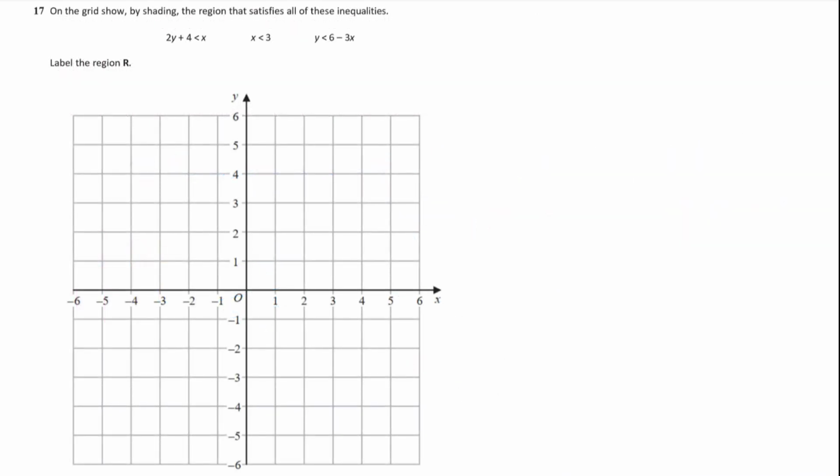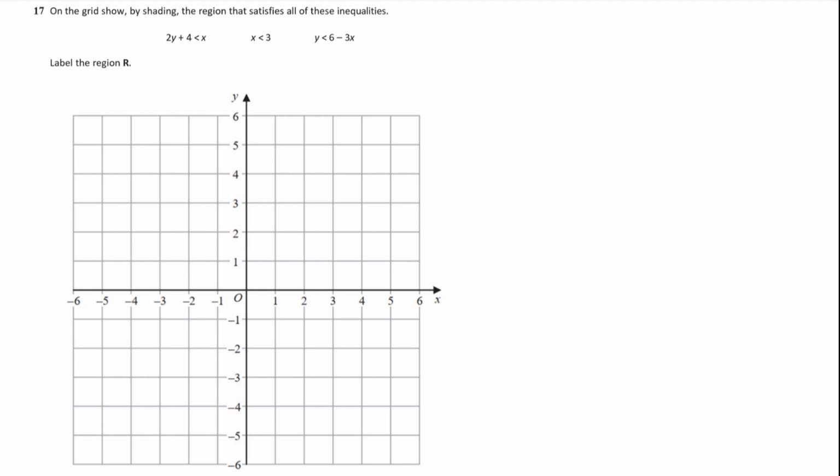Question 17. On the grid, show by shading the region that satisfies all of these inequalities: 2y plus 4 is less than x, x is less than 3, y is less than 6 minus 3x, and then label that region R. Okay, so with each one of these, I want to plot the equation first, and then we'll try and work out